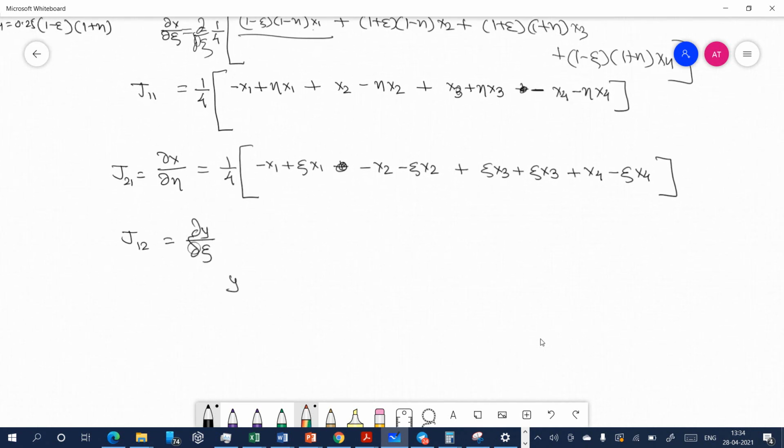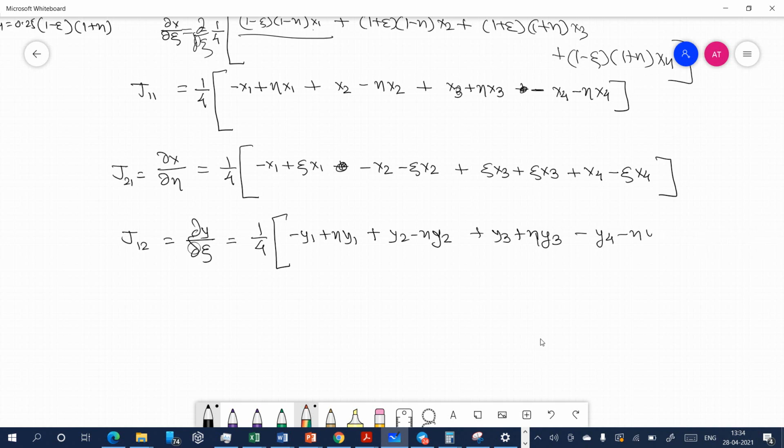So we don't need to do much. We simply can write this as J11 term where x's are replaced with y's. So J12 will be 1 by 4 into minus y1 plus eta y1 plus y2 minus eta y2 plus y3 plus eta y3 minus y4 minus eta y4,